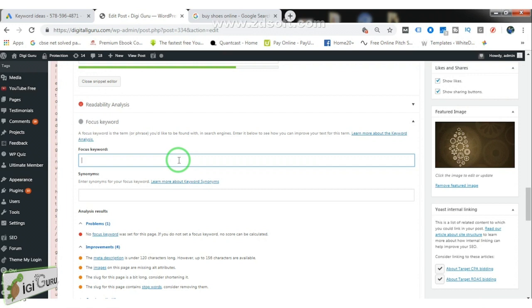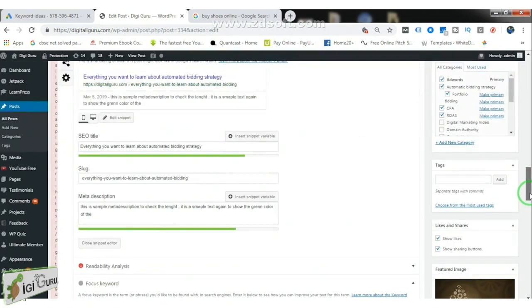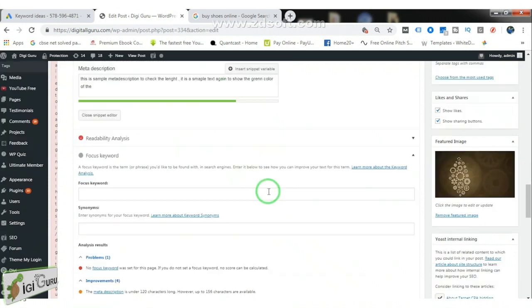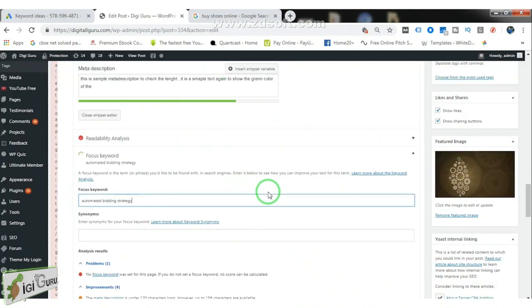You might have done research or prepared a pool of almost 40 to 100 or 200 keywords which you want to use on this page. But among that, whichever is the most valuable or most important keyword, you need to write out here, the focus word on which you are emphasizing. For example, in the case of my blog, my focus is on automatic bidding strategy, right? So I would be writing here, I'll just copy this text and paste it out here. So this is one of my keywords.